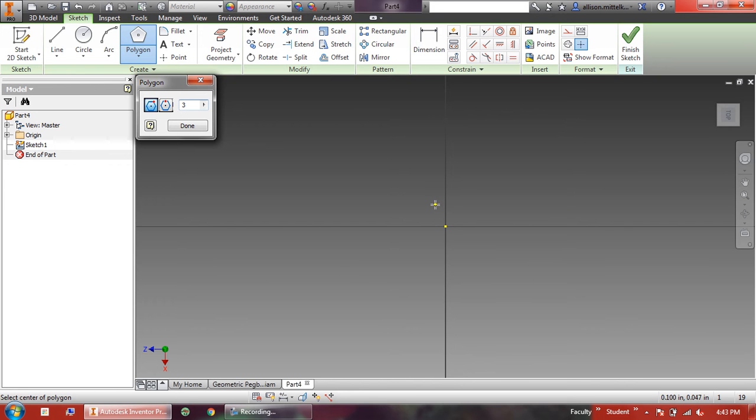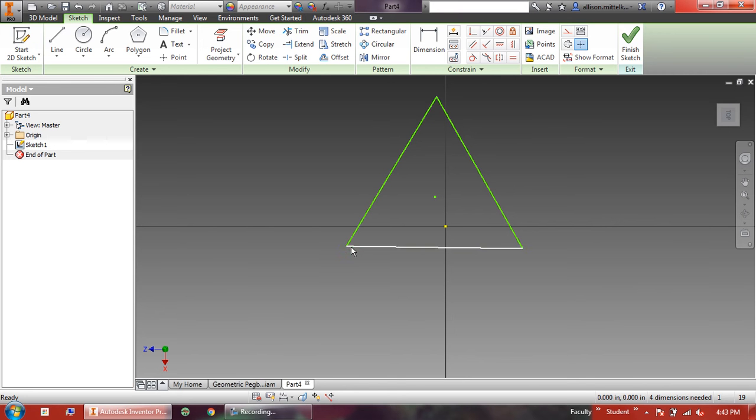And then I don't click the word done, because if I click done, then I can't draw it. I'm going to come out here, and I'm going to click somewhere. And if you notice, I have a triangle growing at the end of my mouse. So I'm going to come as close to flat as I can. And I'm going to click once, and then I can click done, or I can hit escape as well. So now I have a triangle, but I want to straighten the triangle just to make sure that my measurements